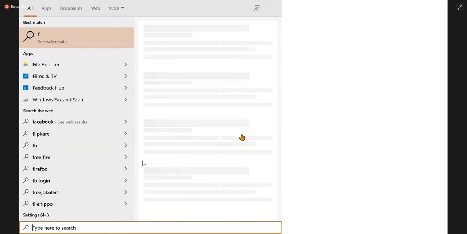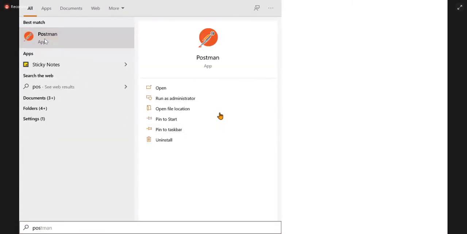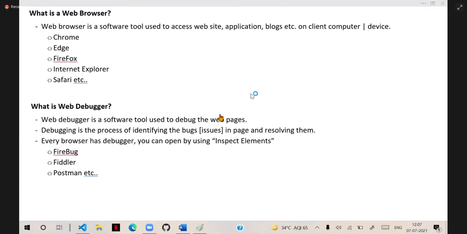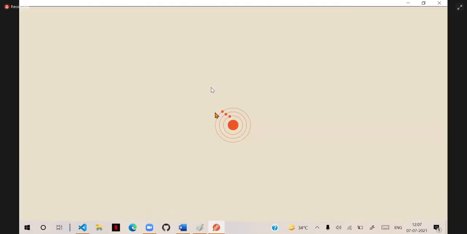Yes, I have Postman; this is a web debugger. We use these debugging tools to identify problems in the page, what it is returning, how it is returning, how it is performing, how much time it is taking. All such things we have to verify.